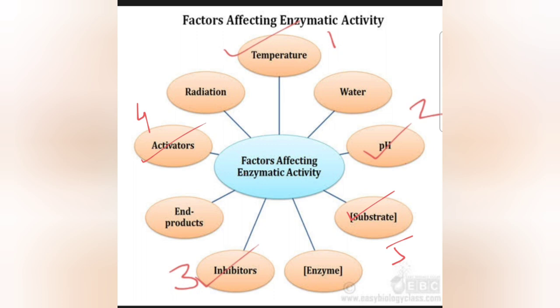Then you can also learn the effect of enzyme, point number 6, and the concentration of the product as point number 7. These two are there, meaning there are 7 points in your book. If you can read those 5 points which I first marked, it will be more than enough. You don't even need to read 6 and 7.